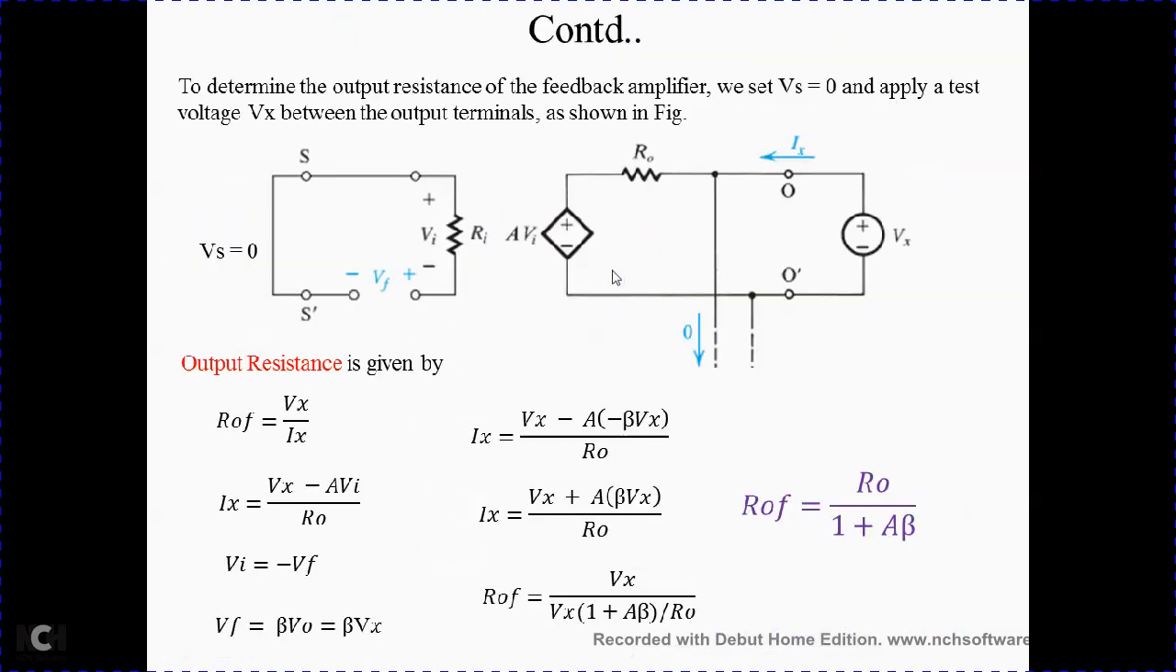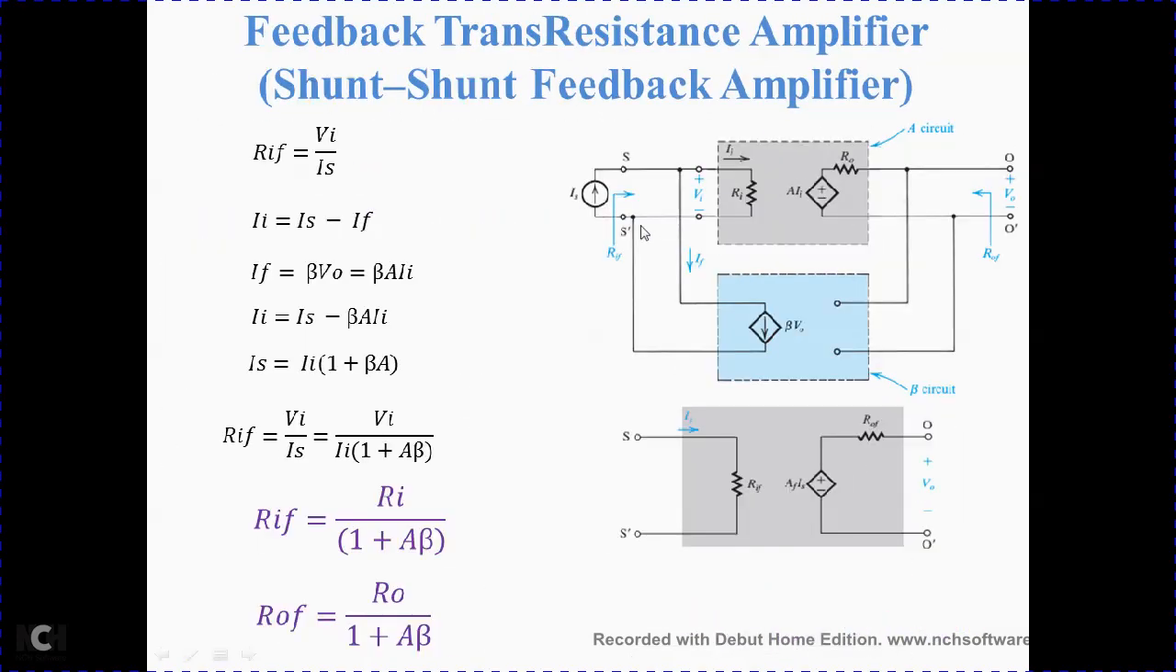In the earlier cases it was a voltage, and now it is a current source. It is quite different. So that is why we are again solving for input resistance for a trans resistance amplifier. So what is RIF in this case? Please remember,